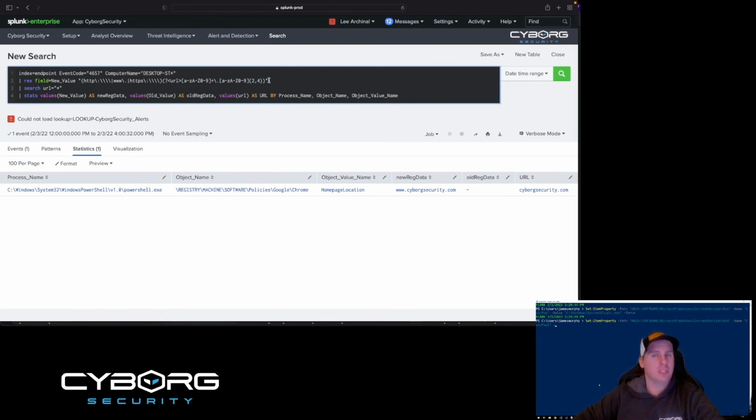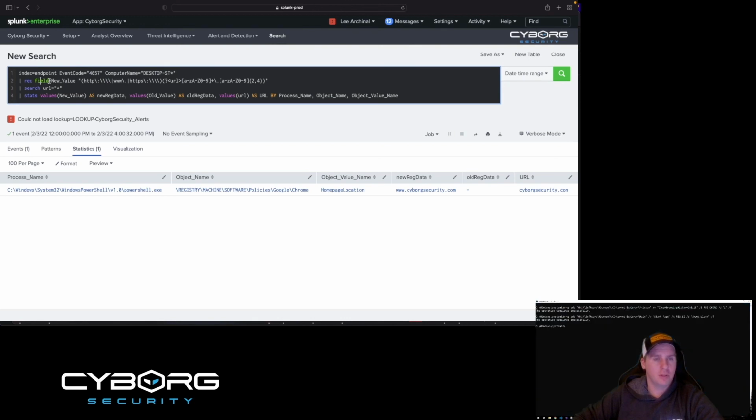Now, I'm using a transformation command that Splunk lets us use, and that's called rex. So any of you who are familiar or comfortable with regular expression, or regex as it is commonly known, what I did here is I told Splunk to use this regular expression to look at the data within the new value field. Now, what I'm looking for, and please pardon the very basic version and explanation of this, is HTTP://